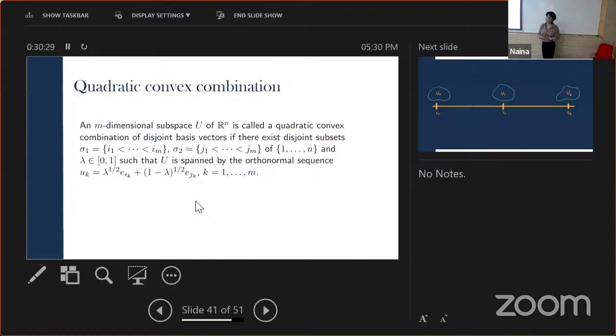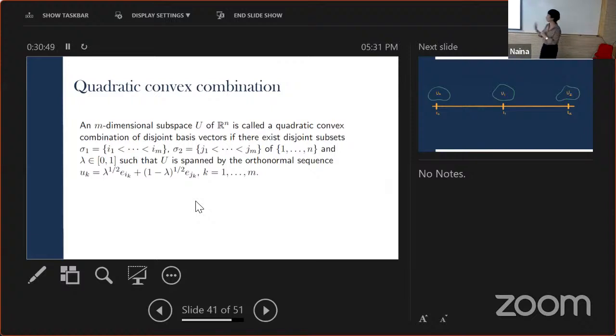But the problem is, we need to make sure, one, that in the transition space, the well-invertibility property still holds. The second thing we need to ensure is that the dimension doesn't get lost. It's not like some vectors are passing through the null vector and then come back again at the next one. So we need to make sure that these two problems don't occur when we are transitioning between the two.